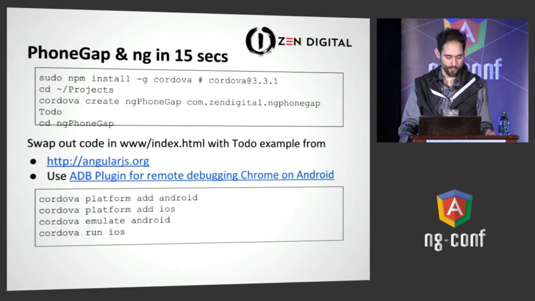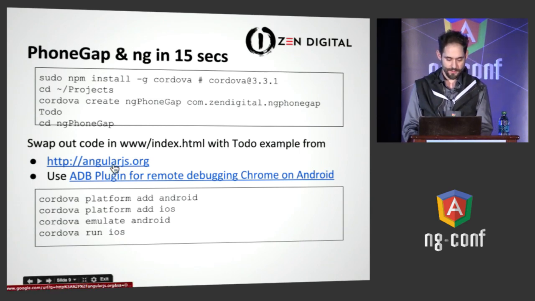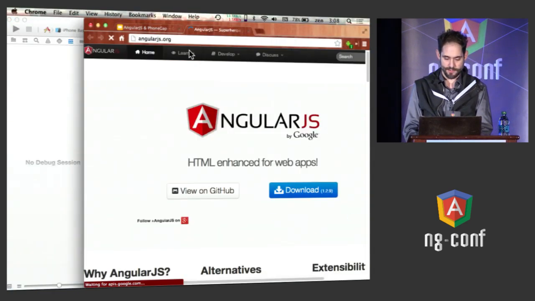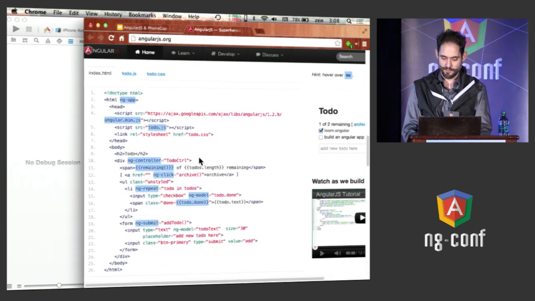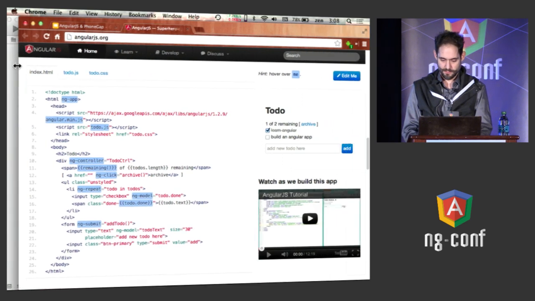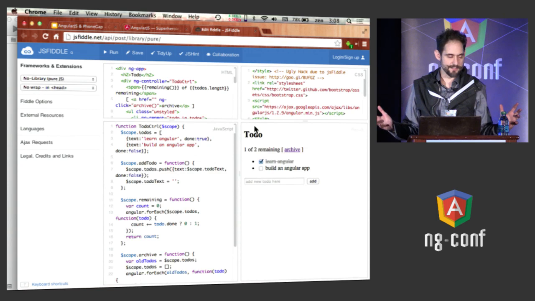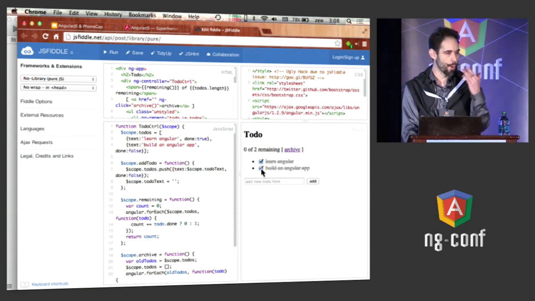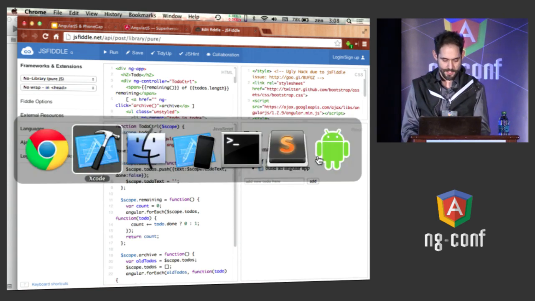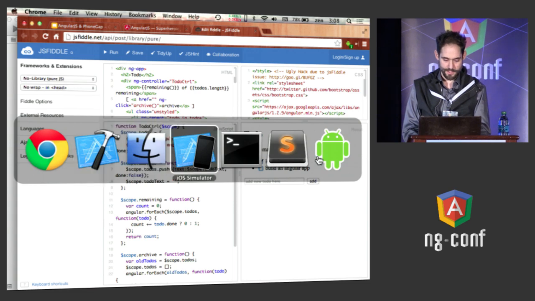So now what I did was I took the to-do application on the homepage of the Angular website right here. Let me expand this just a little. Let's click the Edit Me. So I essentially grabbed these files. Everybody hopefully is familiar with this example. And I quickly created,